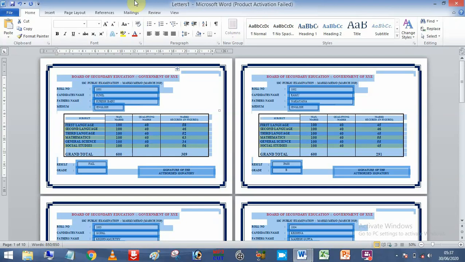Now I am going to press, please listen carefully, function key F9. Just so simple, my friends.